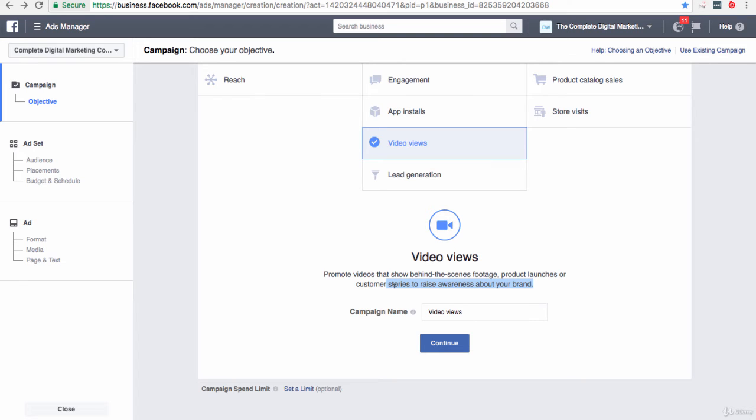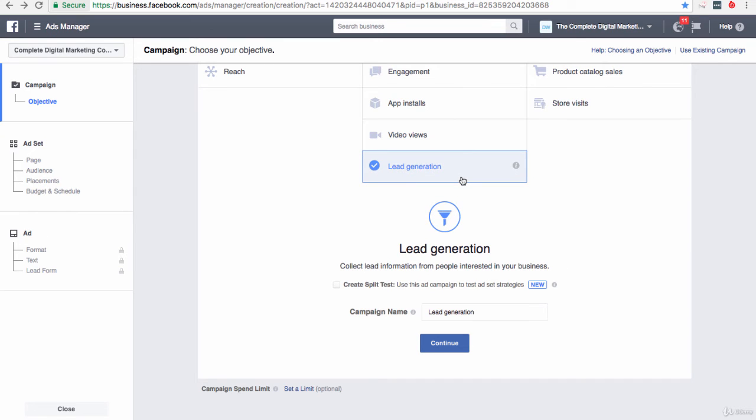And a good tip here is that if you do want to create videos, it's probably best to keep those videos at 15 seconds or less, because that is the type of video length that's going to get the most amount of views. Finally, down here we have lead generation, and this type of campaign is going to be perfect